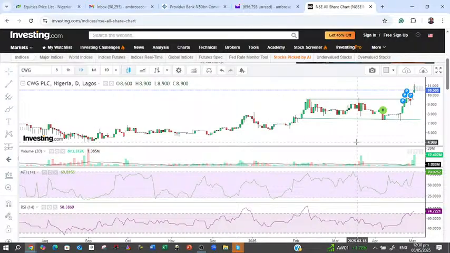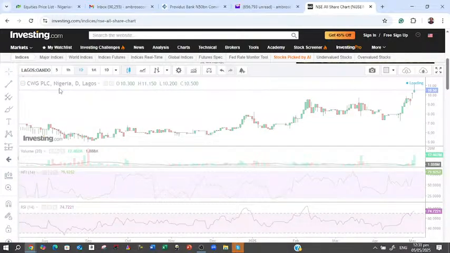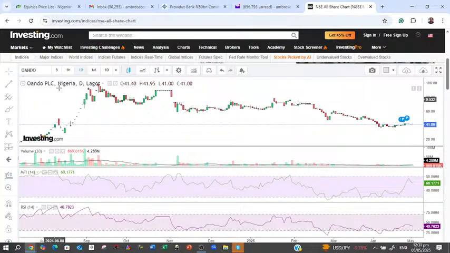Then also, let's take an example of another stock now. Let's see what is happening in Wando, which can give you an idea. Even though I didn't mention it, I want to say where you can see oversold, and also when you see oversold at a company, you look at some information.